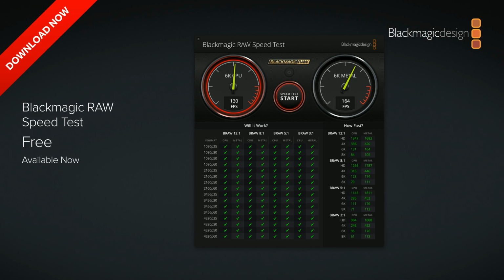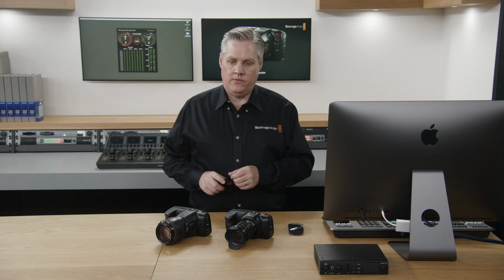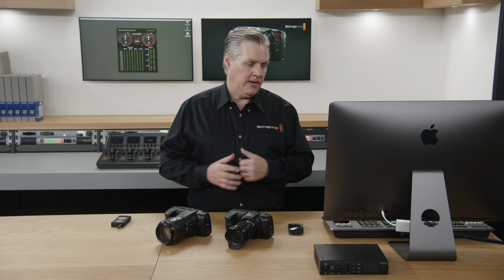And also get the upgraded Blackmagic Raw Player, so you can play 6K files if you're downloading those off our workflow page. Okay, so one last thing I thought it'd be worth doing before we finish up is